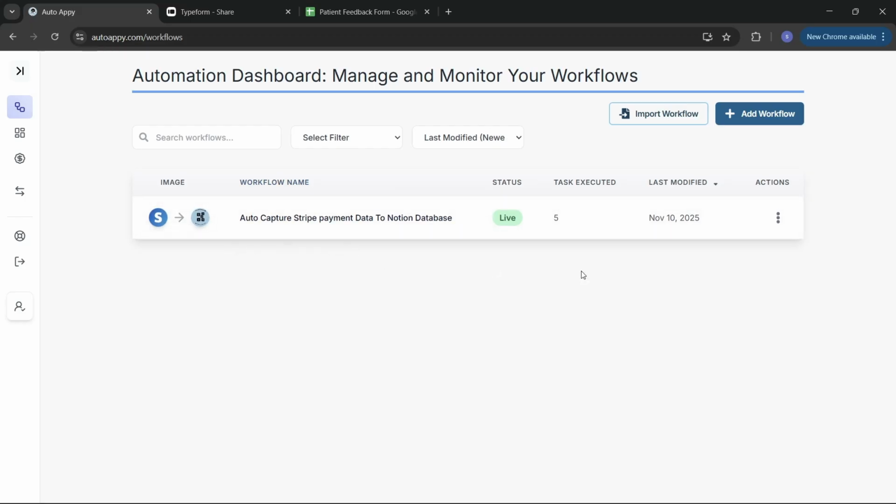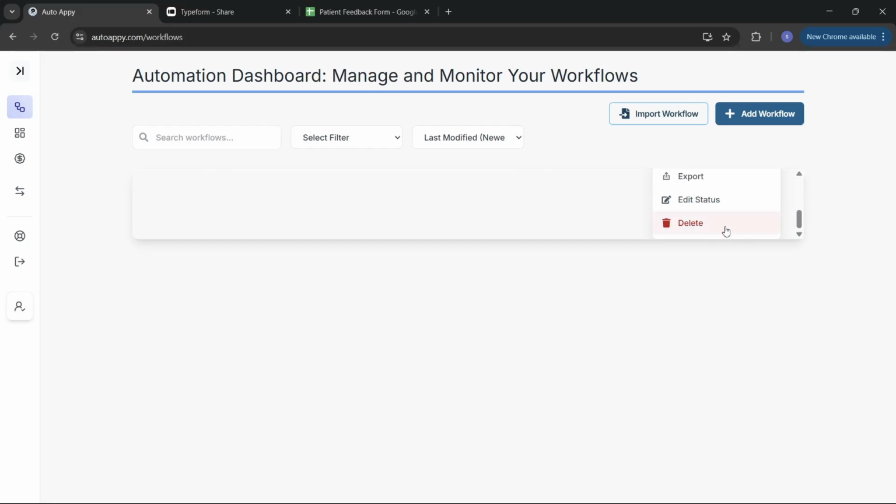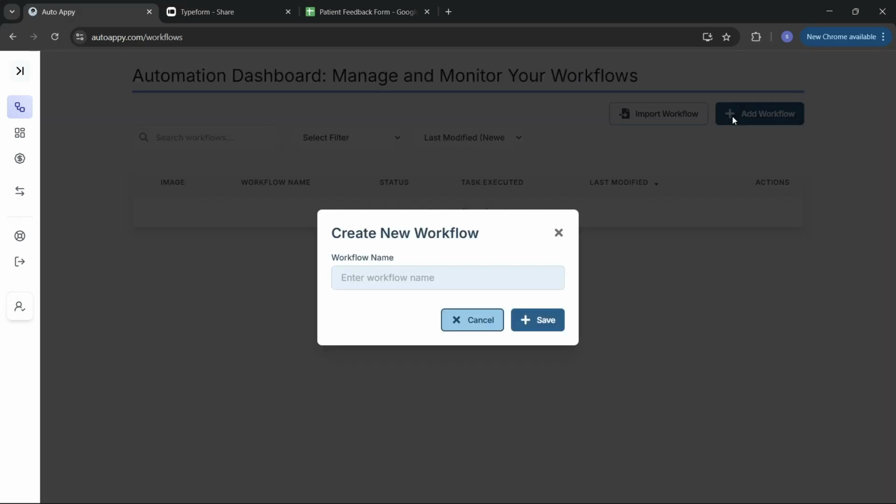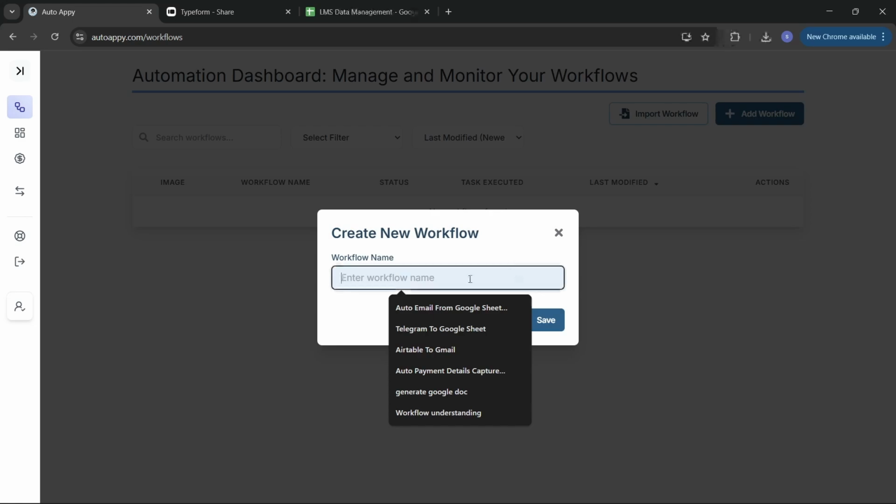But if you want to see how it looks without any automation, I'll simply delete this because we don't need this for now. So this is actually how it will look without having any automations or workflows. If you want to add one, let's go and do that. For that, just hit add workflow and let's give it a name as